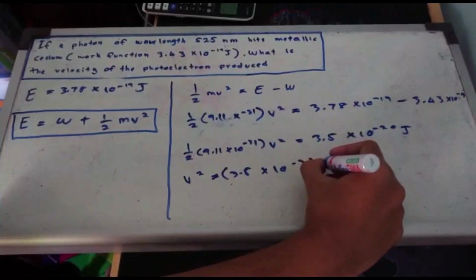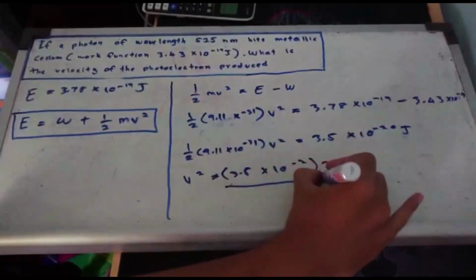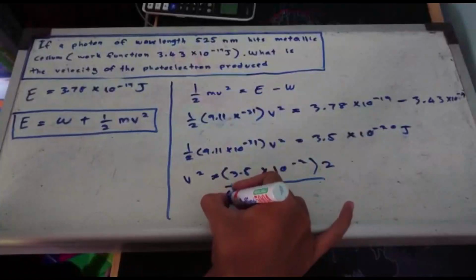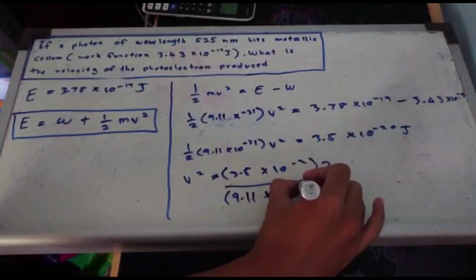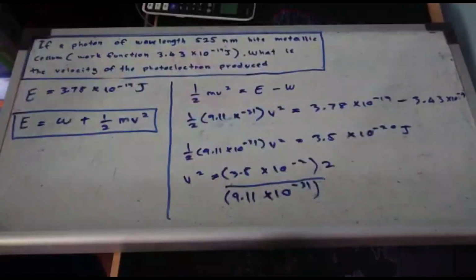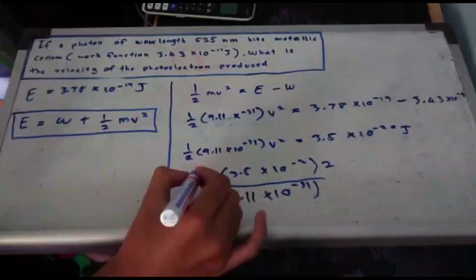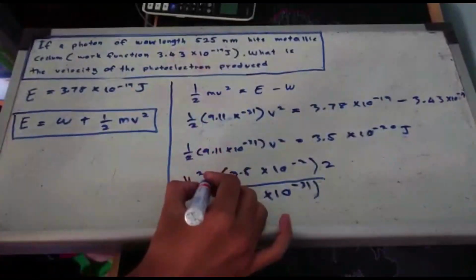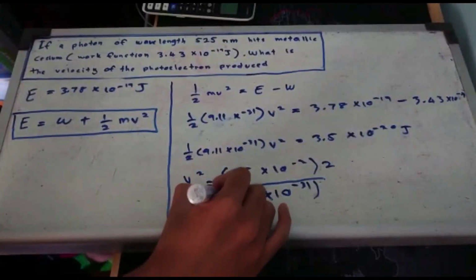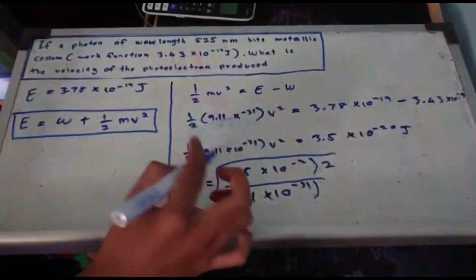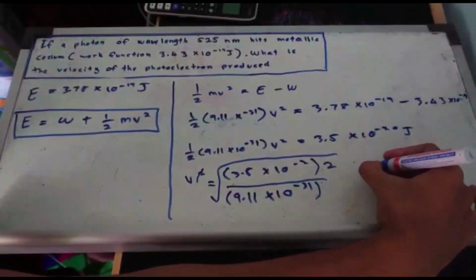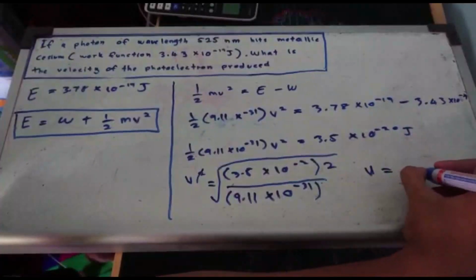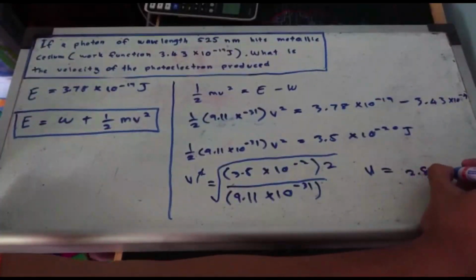It will be times 2 and divided by m. m is the mass of the electron, which is 9.11 times 10 power of negative 31. So for the final answer, we need to square root this side because we have a square on the other side. So this square can be crossed over. The final answer will be v equal to 2.8 times 10